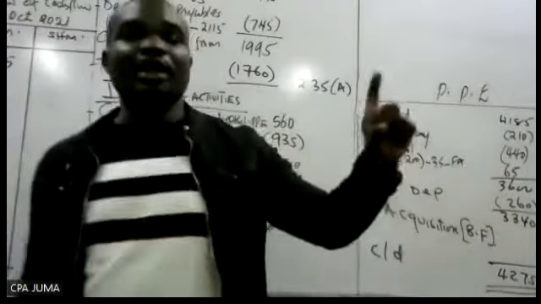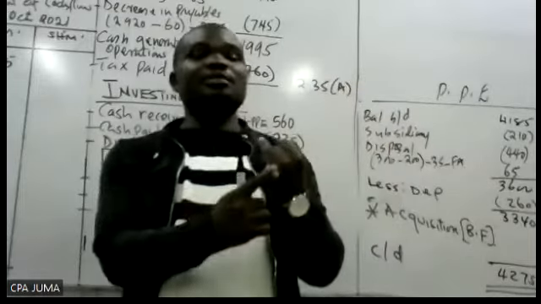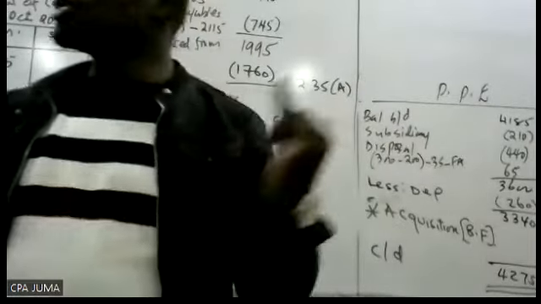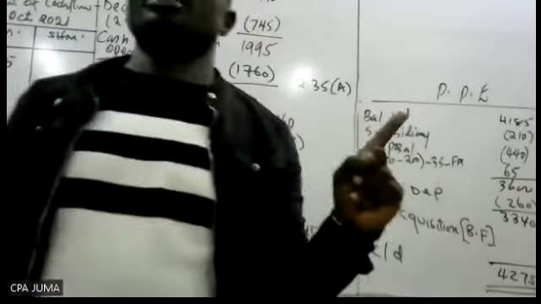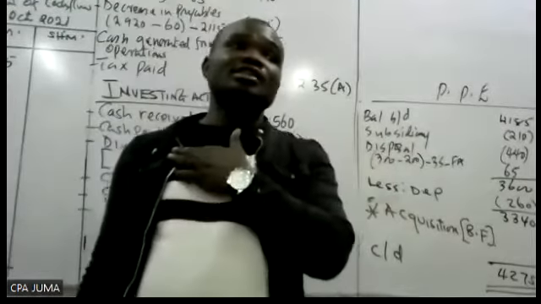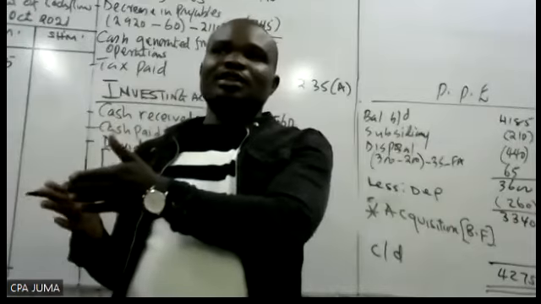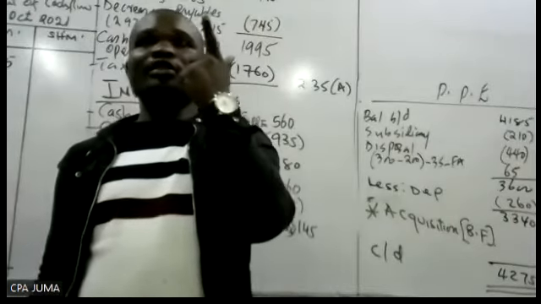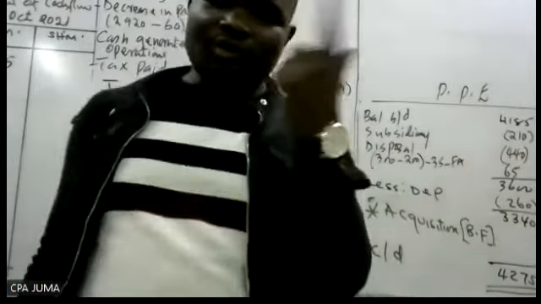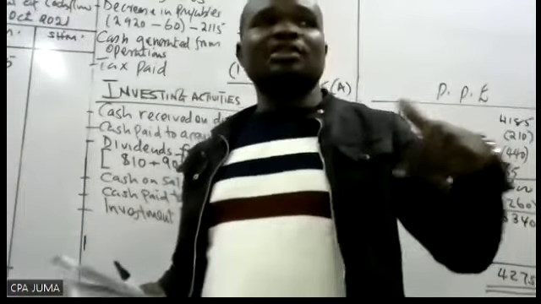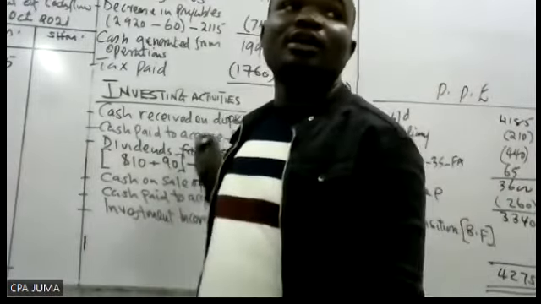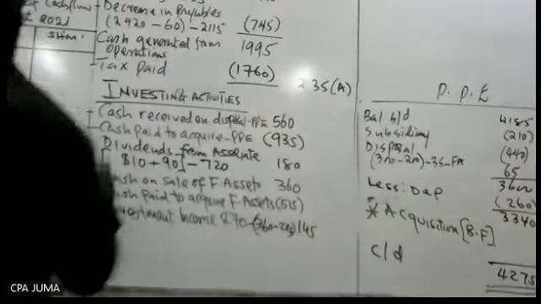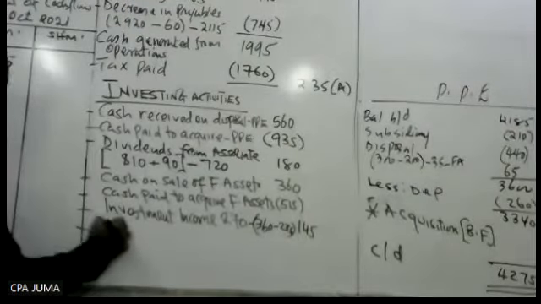So one more thing remaining. I said once you're done with the non-current assets, you check two things. One, investment income. Two, you check on subsidiary. Subsidiary is an investment. So when you sell a subsidiary, the money you get when you sell that subsidiary should be here. It's an investment income. So you say net